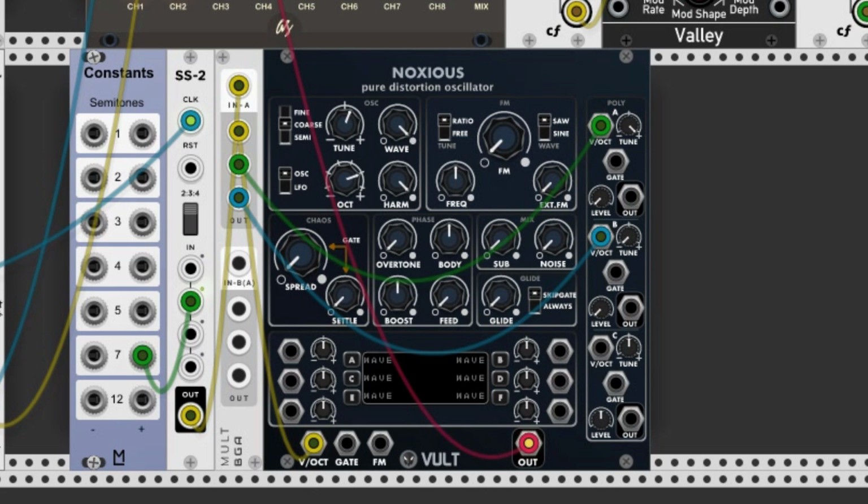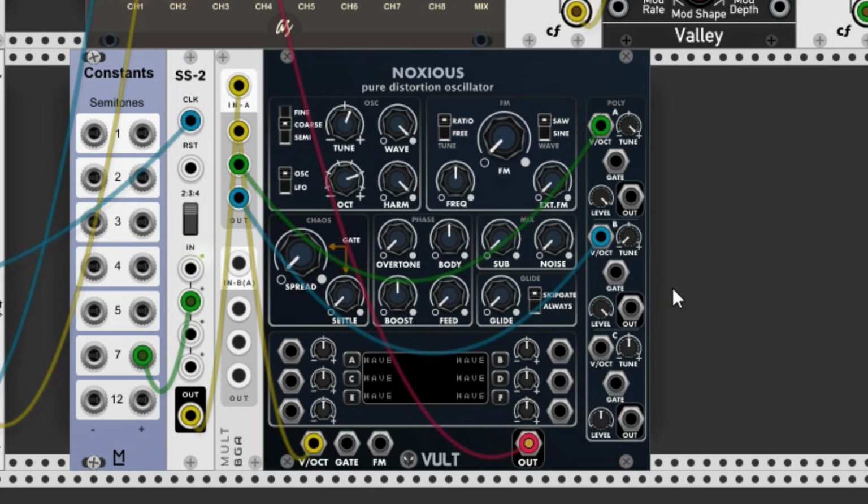So we'll take the level up. You can hear it. Very nice. So we have a nice big fat sound.